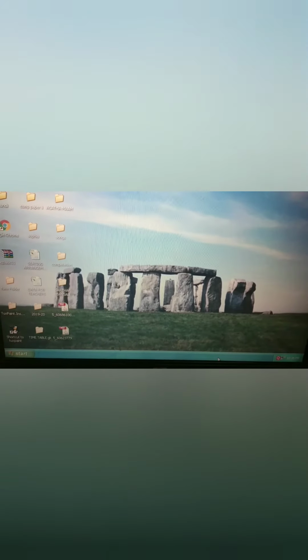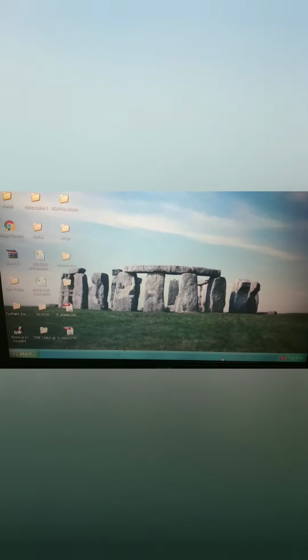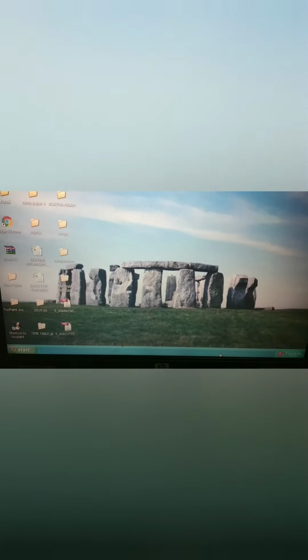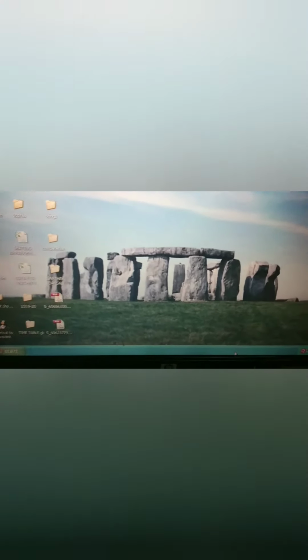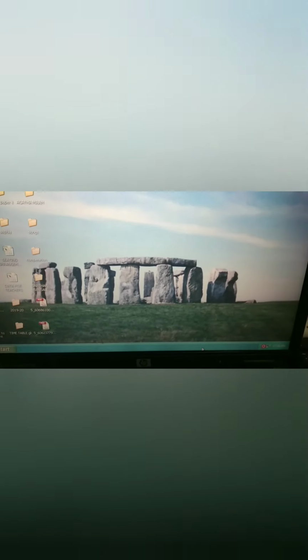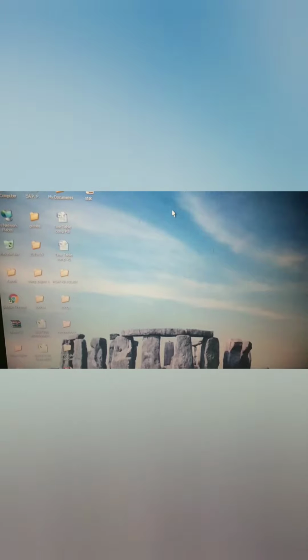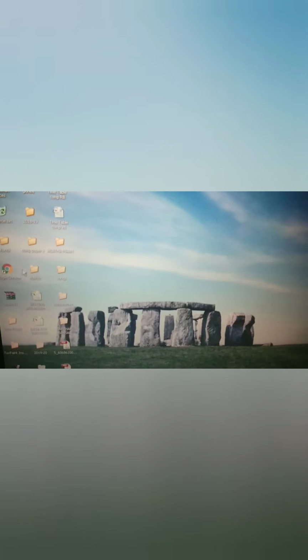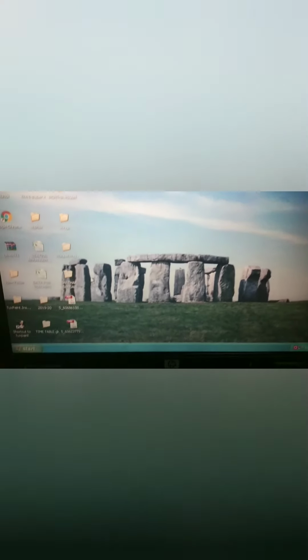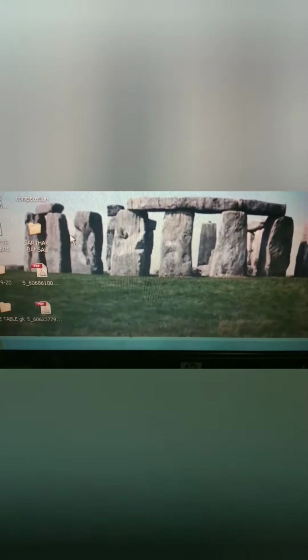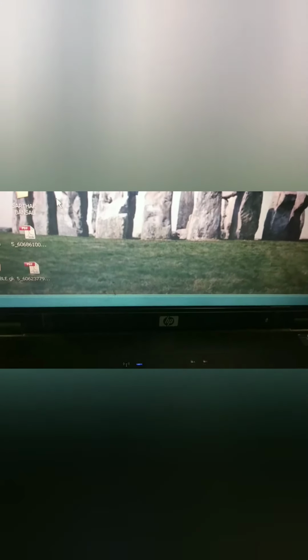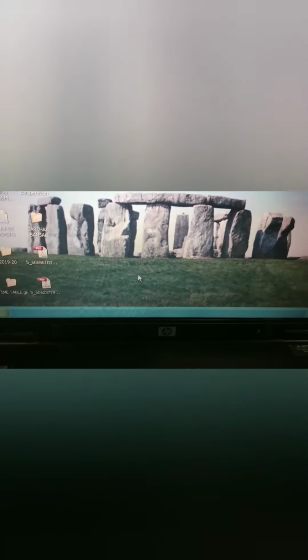Operations on the desktop. Changing the position of the taskbar. We can change the position of the taskbar to any of the 4 sides: right side, topmost side, or left side. It is appearing on the bottom side of the screen, and we can move it to any of the sides.